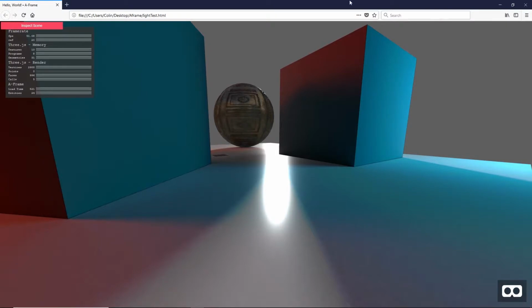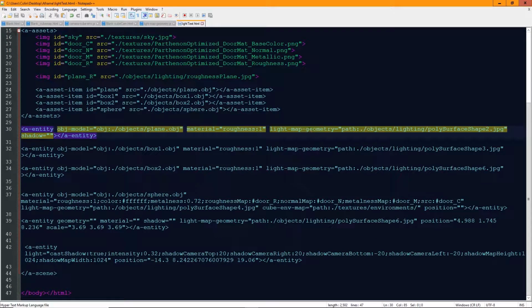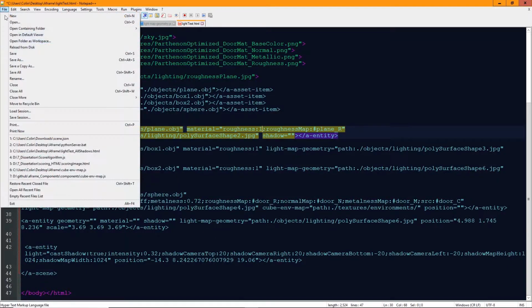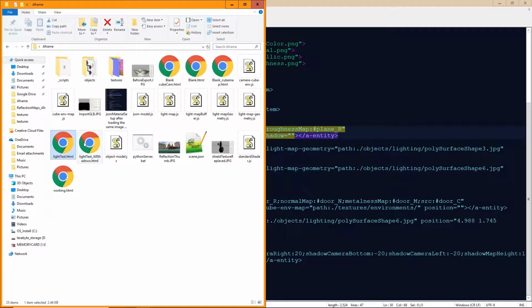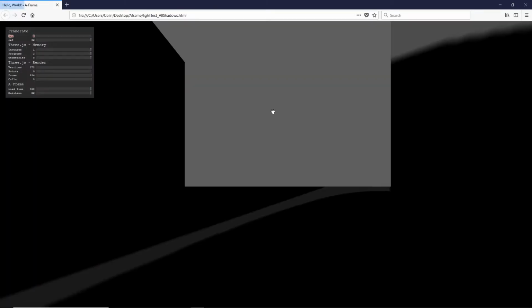Another way to simulate that same effect, let me just go back into this and add my roughness map back in. Another way to simulate the effect is to actually turn on shadow casting for the lights. And you're like, wait, I thought we baked shadows. But just to show you that it can work that way as well, and it can actually then work for lights that you didn't, or objects that you didn't bake into the scene. It'll work,